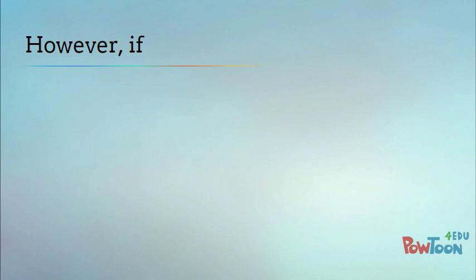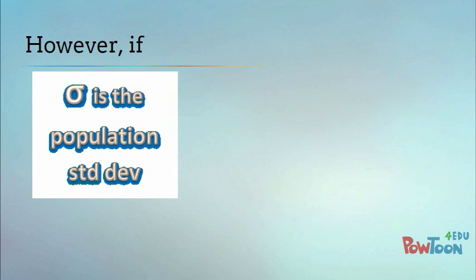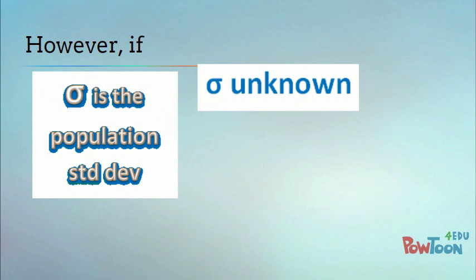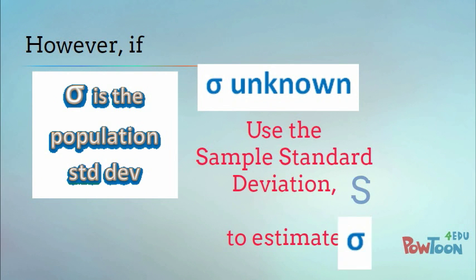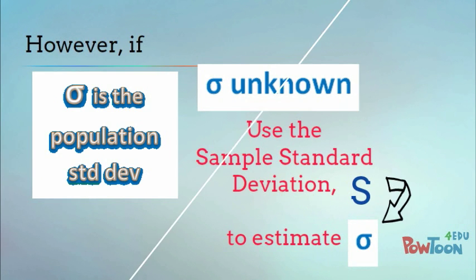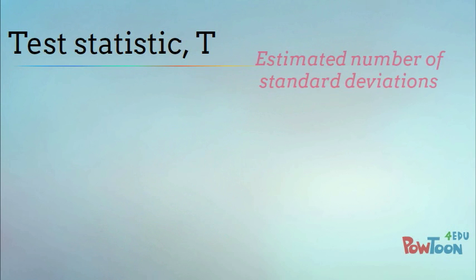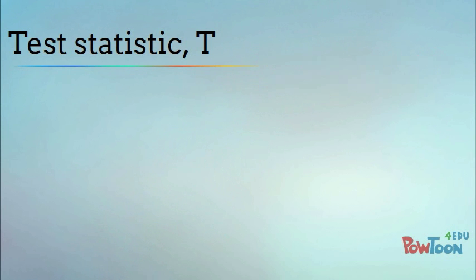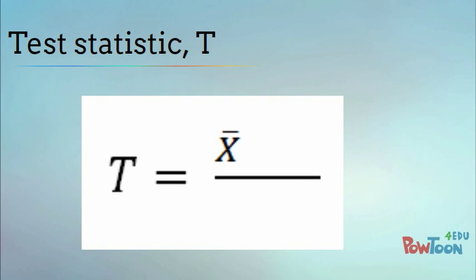On the other hand, if the population standard deviation sigma is not known or assumed, we use the sample standard deviation s to estimate sigma. The test statistic t is the estimated number of standard deviations that x bar is from the claimed value of mu, and is calculated by taking x bar minus the hypothesized population mean mu divided by s over the square